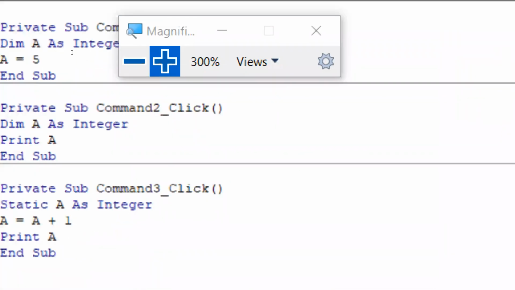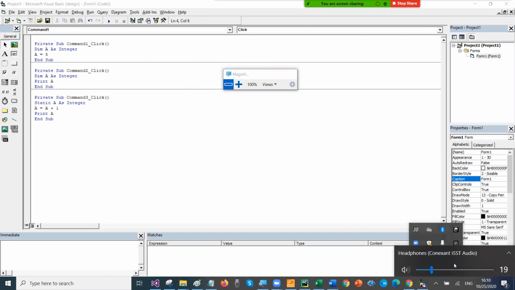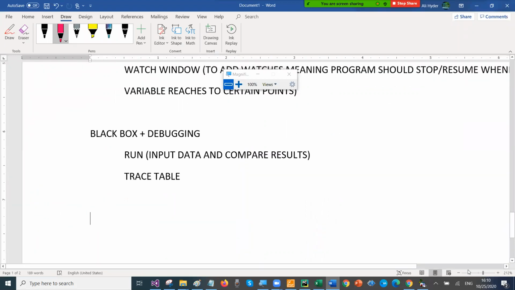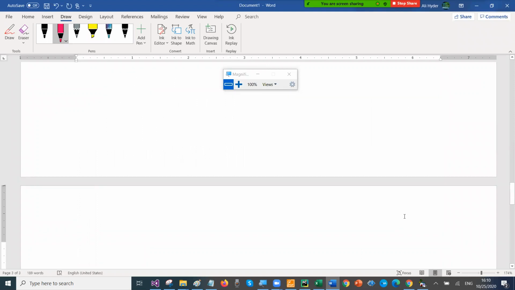Sir, what's the syntax for declaring a global variable in pseudocode, or a local variable in pseudocode? Declare whatever variable you want, but instead of as, we write colon. And then you can write integer.